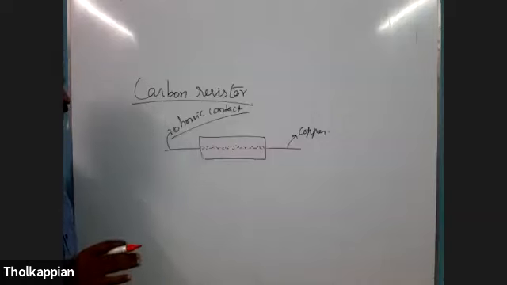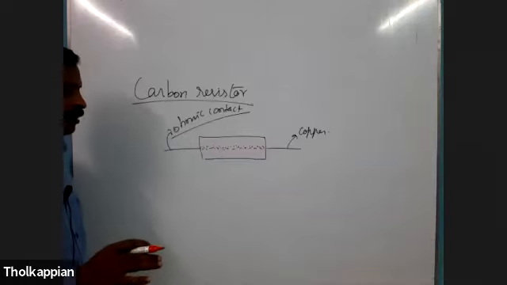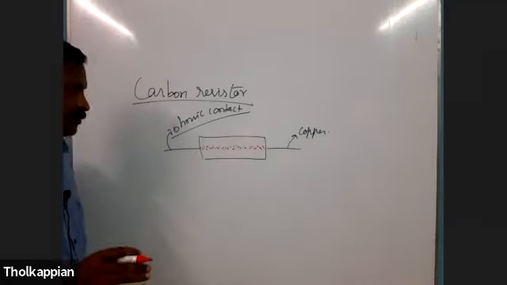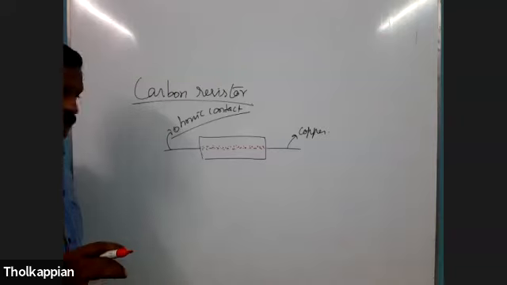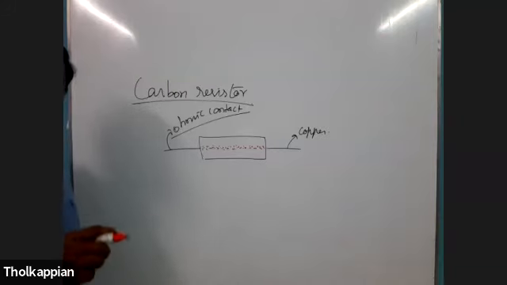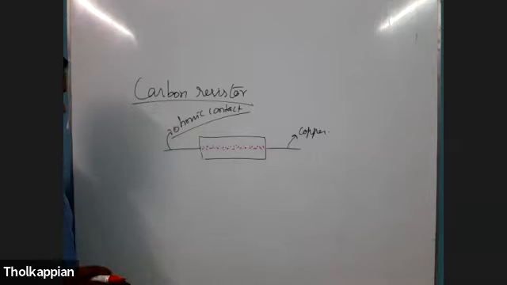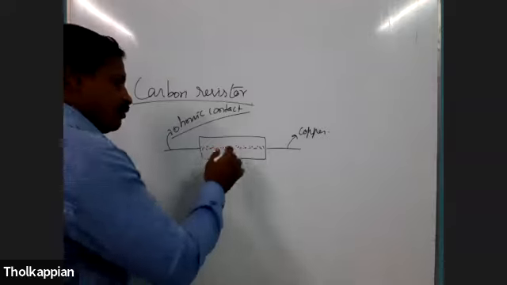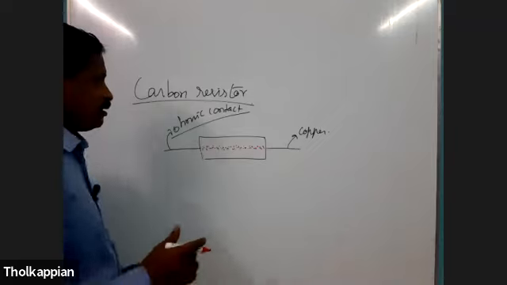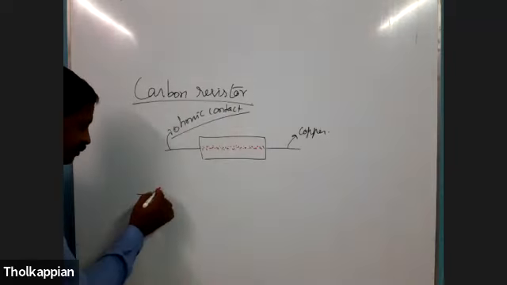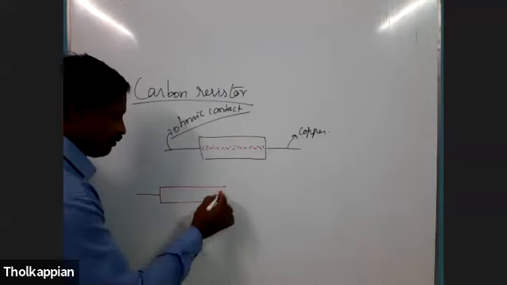This is said to be a carbon resistor. So in general, a carbon resistor is made up of a porcelain material in which the crystalline carbon is deposited, and at the two terminals we connect the ohmic contacts. That's all. That is called the carbon resistor. And to find the value of the carbon resistor, they gave some clue.